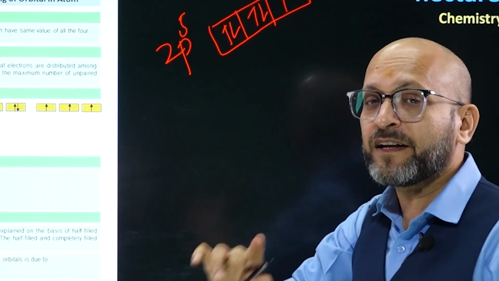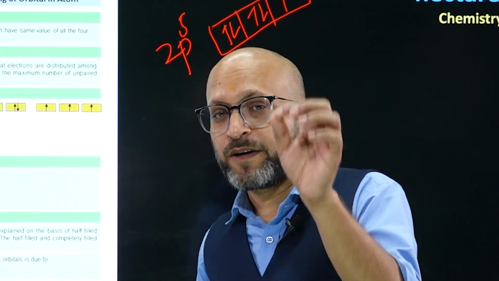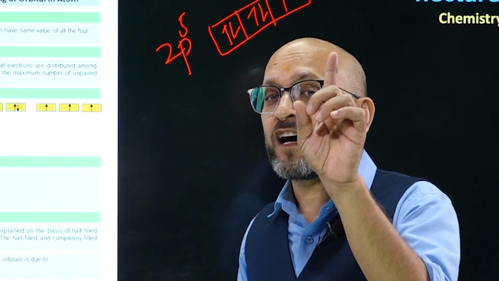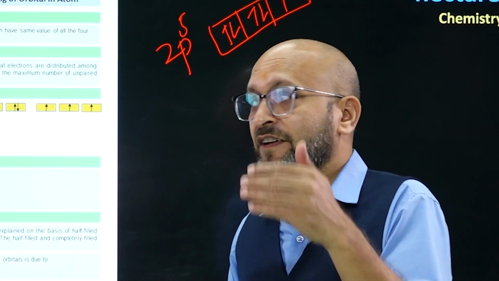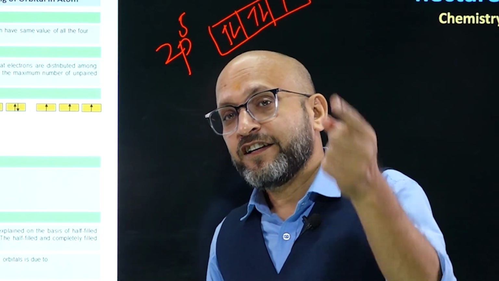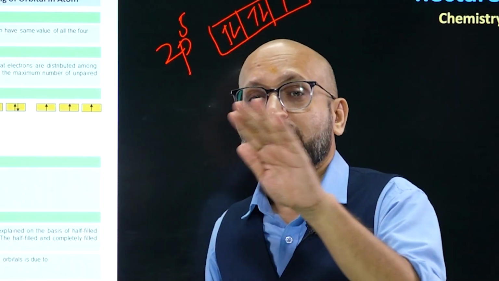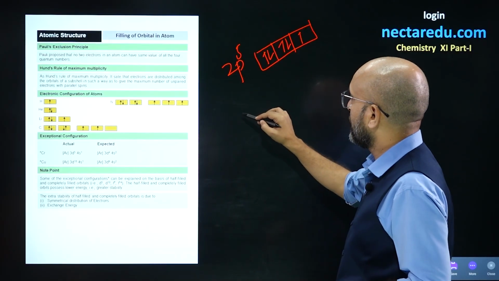Pairing will not happen until each orbital of the same subshell has one unpaired electron. Pairing will start only when each orbital has one unpaired electron with parallel spin. For example, in